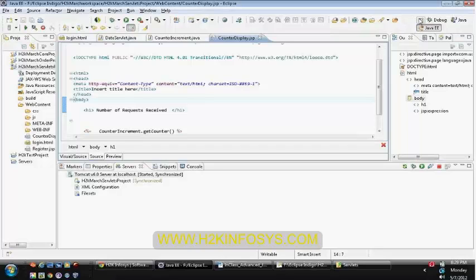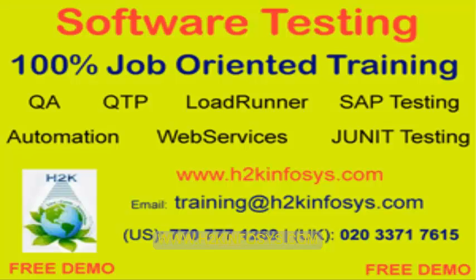If you want to write one more filter, write one more filter class, one more filter mapping, and specify the URL pattern as DateServlet. That means it will be invoked by your chain.doFilter as the next filter. So once it has invoked all the filters, it will traverse the request to your servlet itself.